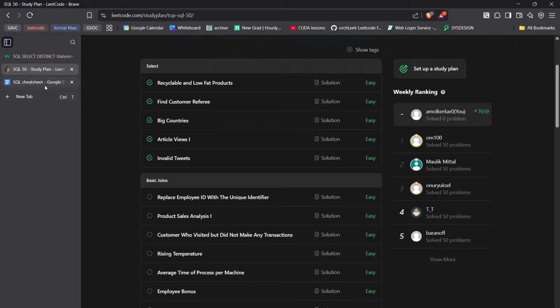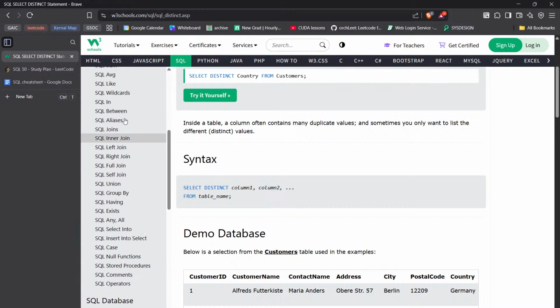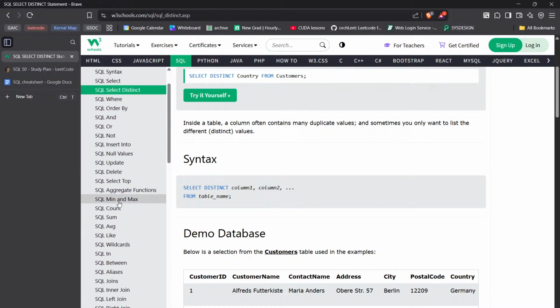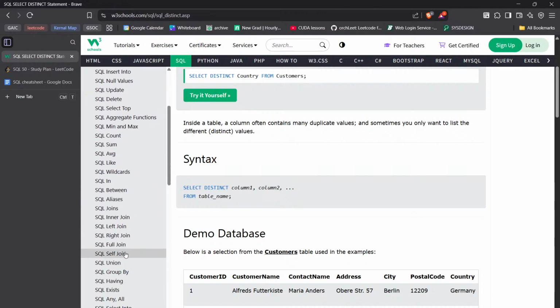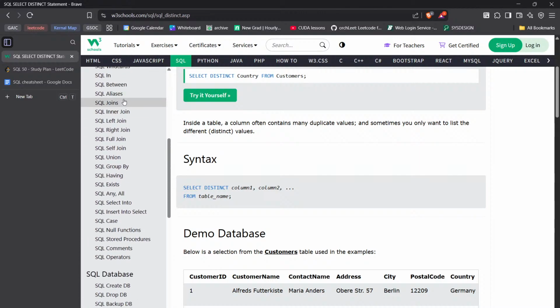So, last time we studied from here till just before the joins. So we studied till aliases. So this is all we studied. Today we are hoping to study the second half of SQL, which is from joins, inner join, left join, right join, full join, subjoin, union, group by, having, exists, any, all, select into, and then